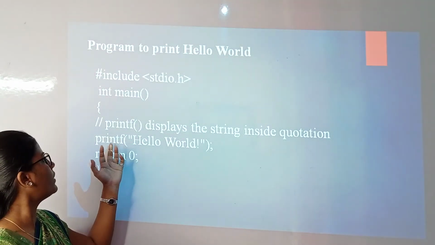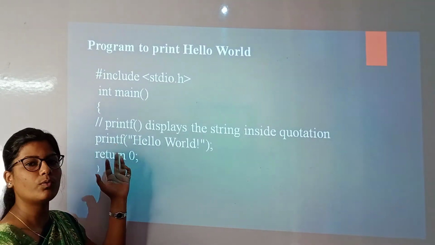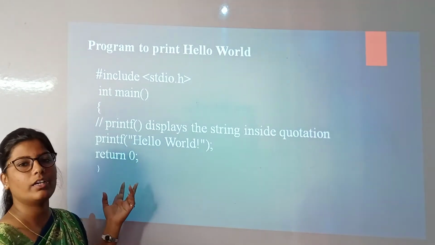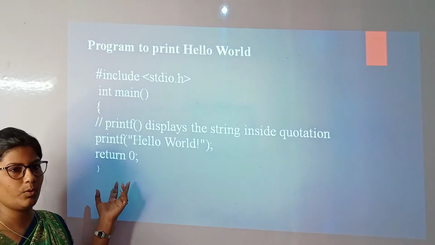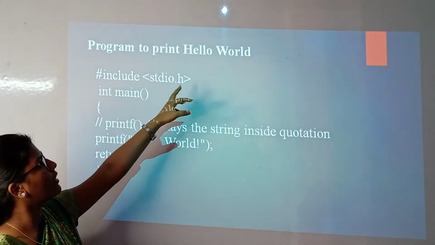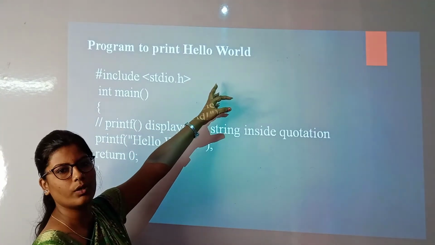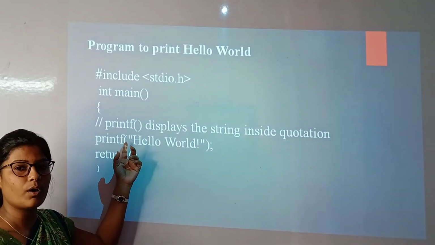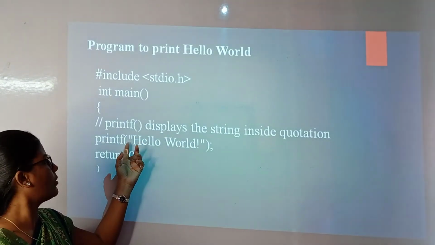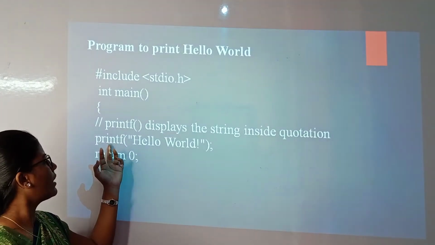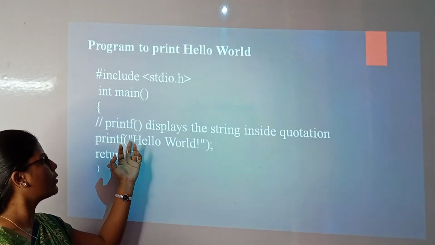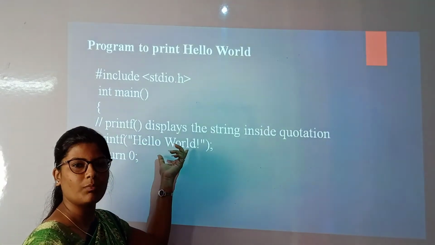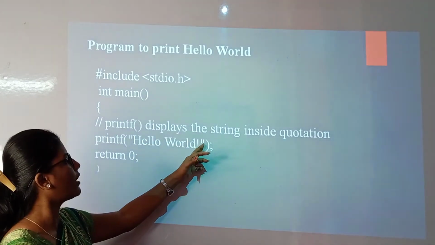First one is the printf statement. There are two formatted input output functions. The first one is printf, and the input function is scanf. In this program we want to print hello world. For that we use the printf statement, which is a formatted output statement. Syntax is printf, bracket open, double quotation. Inside the double quotation we write whatever statement we require,